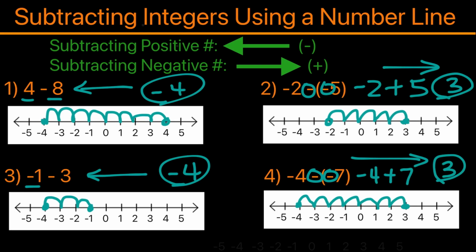So these 4 examples are how you will subtract integers using a number line. When you're subtracting positive numbers, you're decreasing the value, and the direction you're going is toward the left. So when you decrease value, you're going left. And when you are subtracting a negative number, which is double negative, it becomes positive, and you're going toward the right